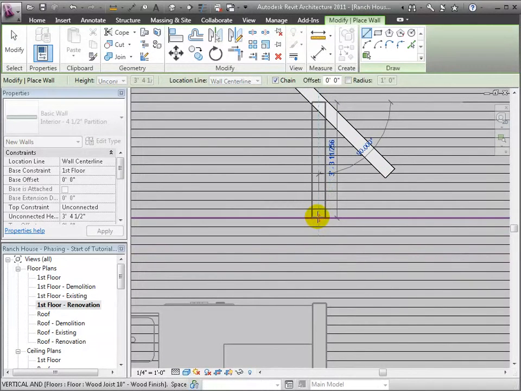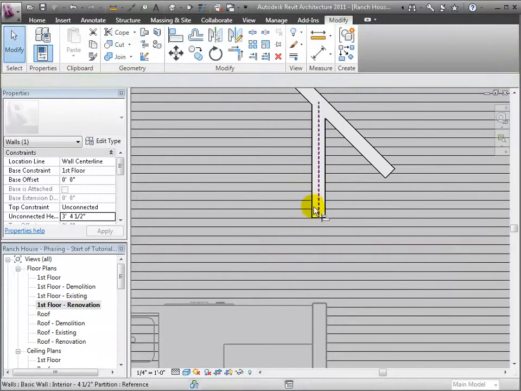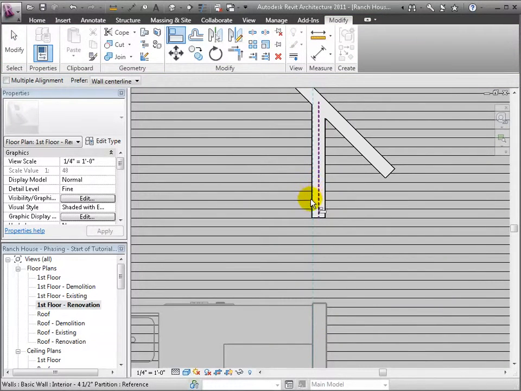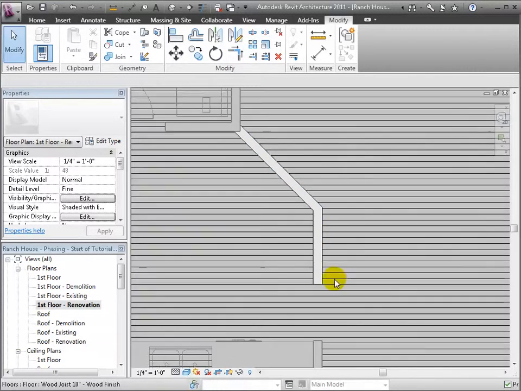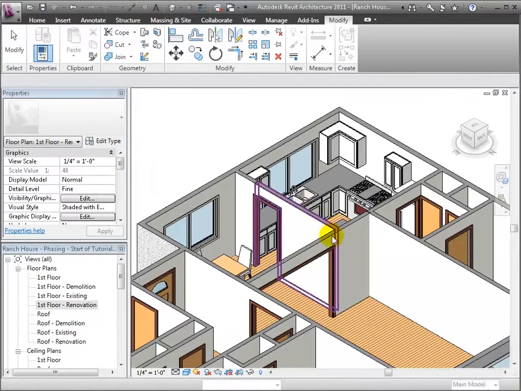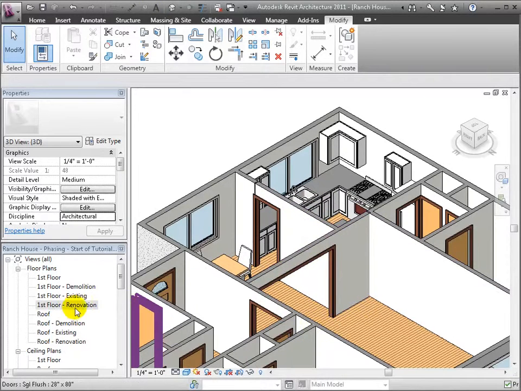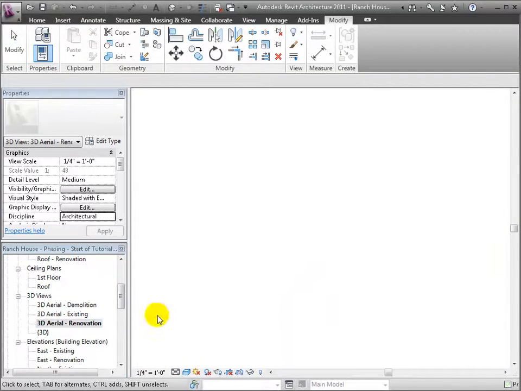I can draw it first to be around 3 feet, and then I can trim it. Align it so that it aligns with this nearby kitchen wall to have a clean line. Using the trim tool, I can take off that extra segment of wall that I don't need, and there I have the wall formation I'm looking for. And in a 3D view, the 3D renovation view, we see